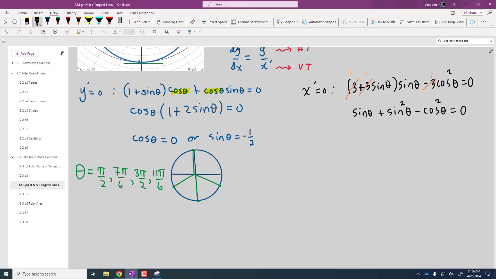Which one do we want to turn into the other one? Because there's a sine over here, we can't convert a single sine over easily. We know that sine squared plus cosine squared is equal to 1. So cosine squared is 1 minus sine squared. Now we can combine like terms, and we're going to end up with 2 sine squared of theta plus a single sine of theta minus 1 is equal to 0,